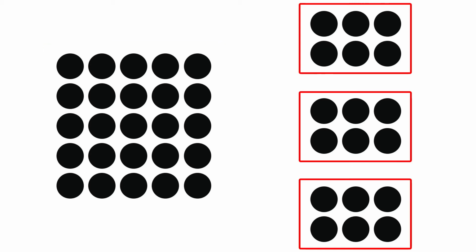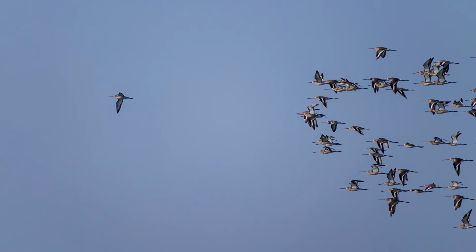The law of proximity states that when an individual looks at an assortment of objects, they tend to perceive the objects that are close to each other as a group. For example, in the figure, we perceive the collection of circles in groups. Specifically, we perceive that there is a group of circles to the left and 3 groups of circles on the right of the image. For example, we have a flock of black-tailed godwits flying here, but since one of them is flying ahead, we perceive the rest as a group and this one godwit separate from the group.